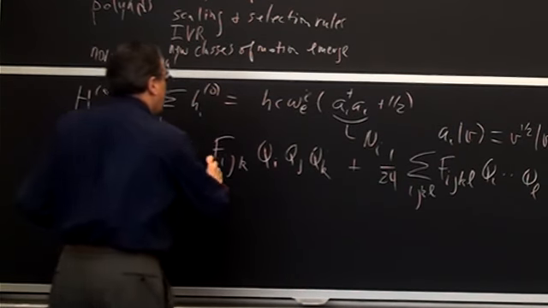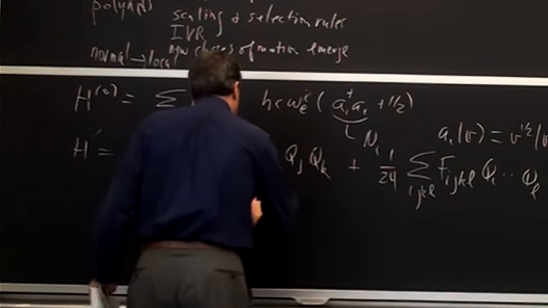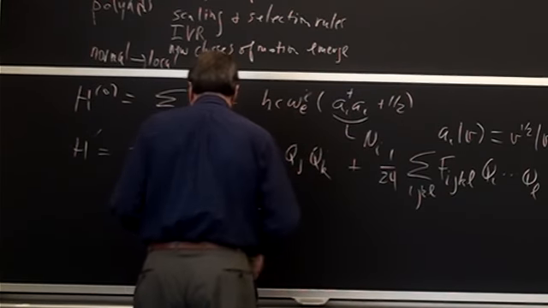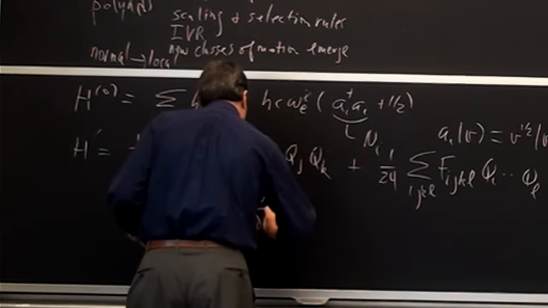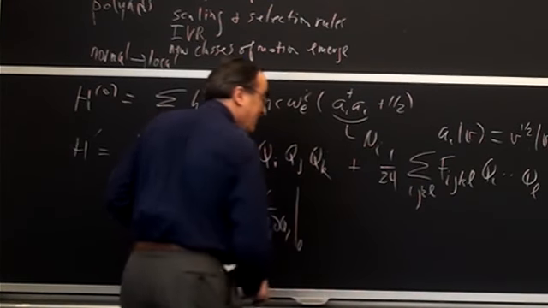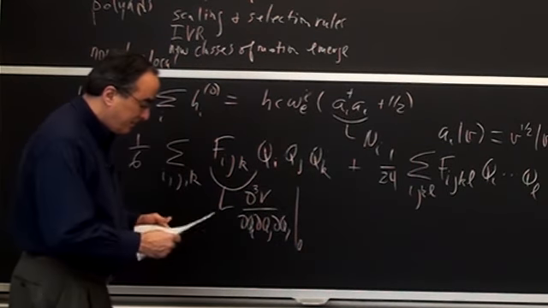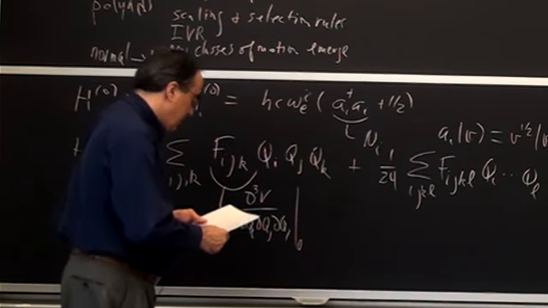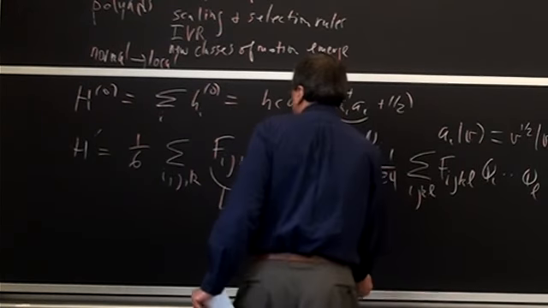And this is the third derivative of the potential with respect to Q_i, Q_j, Q_k, evaluated at equilibrium. And now,